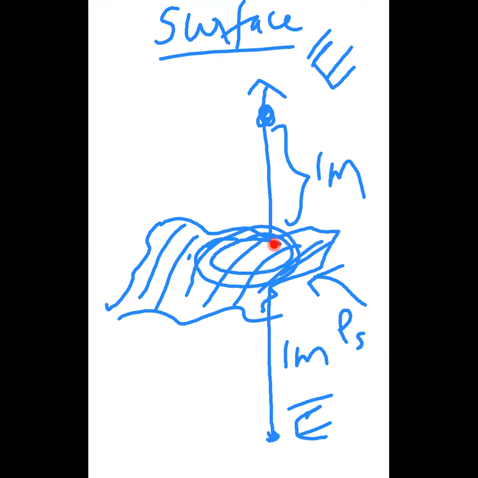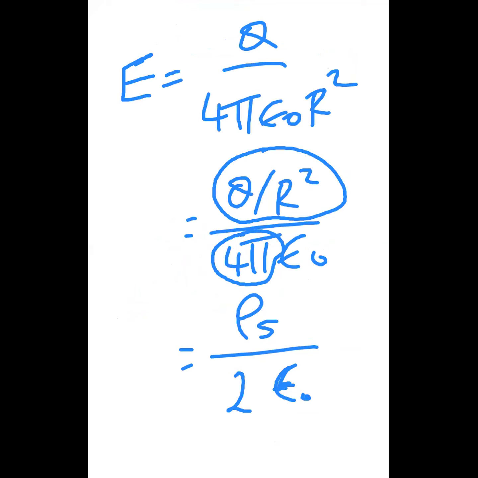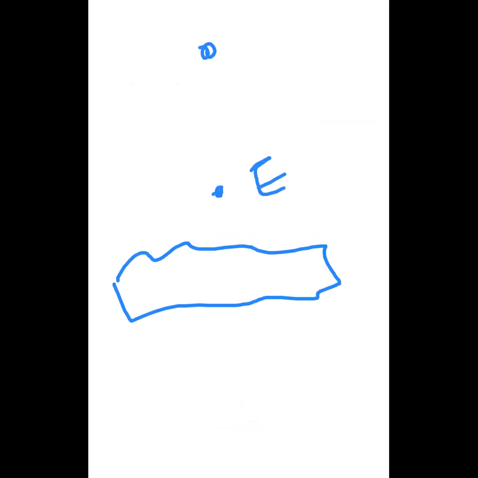That means half of the electric field will be going upward, and the remaining half of the electric field will be going downwards. That's why in the final answer you have to put electric field is equal to rho s divided by 2 epsilon naught. And please note down here, your electric field is independent of distance. Finally, what we are getting? My electric field is independent of distance. What is the meaning of that? If this is the surface charge density, you stand here or here, your electric field will not change. They are exactly equal.